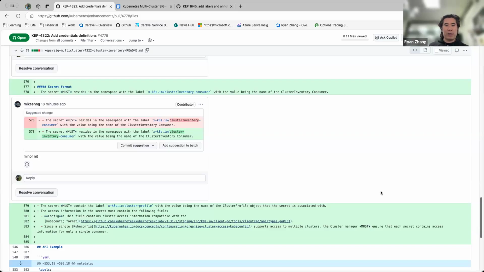You don't want to generate a secret or credential to share between consumers. Those are basically the guiding principles for those cluster managers who are going to implement this cap. Yeah, that's kind of the high level idea. That's it.